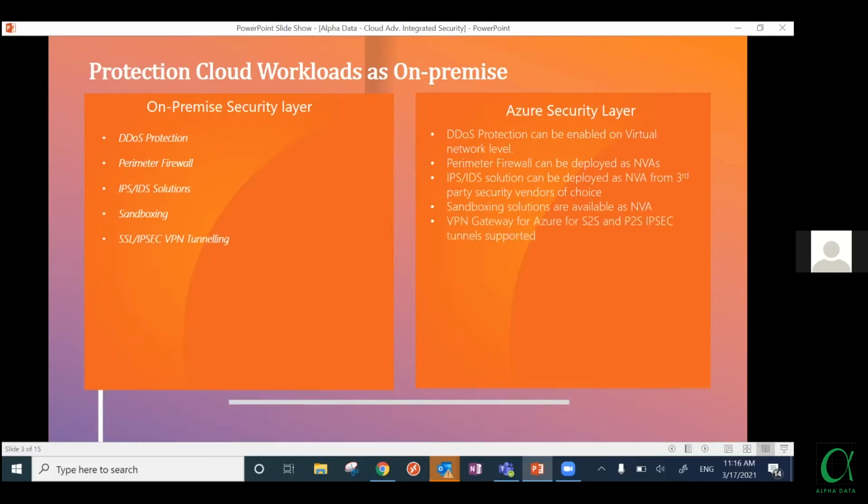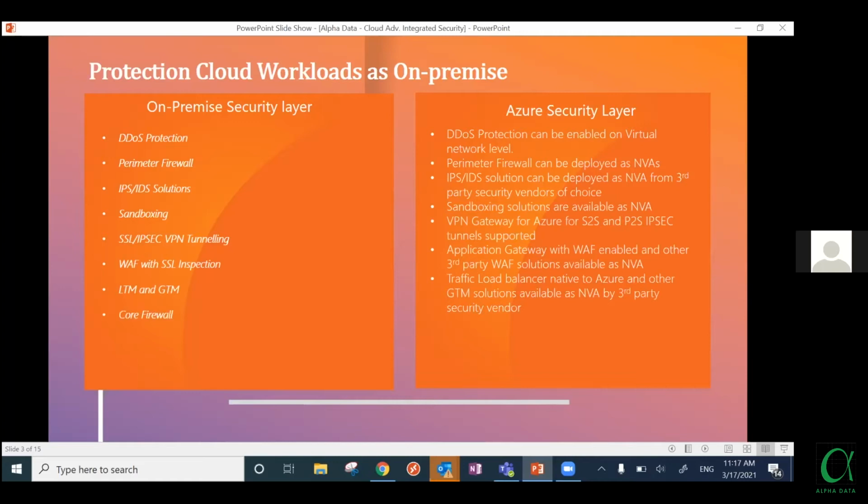We of course have a VPN gateway in Microsoft Azure, which is used for site-to-site connectivity and point-to-site connectivity, with IPsec tunnel support as well. So if I go layer by layer of the on-premises, you always have a counter technology in Azure which is native to the security layer. And if it's not native, it also has the flexibility to deploy a third party through Azure virtual machines, and then you can expand your security layer similar to what you have in your on-premises as well.